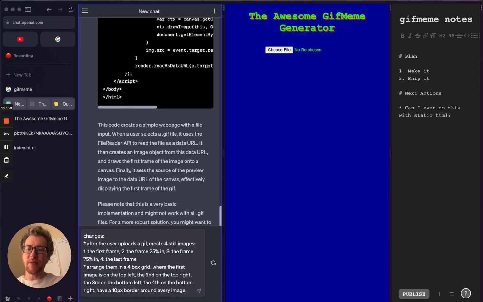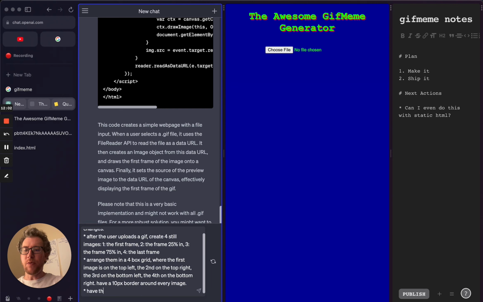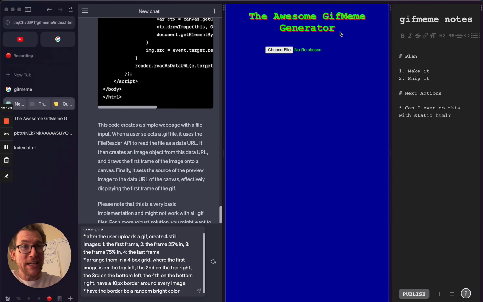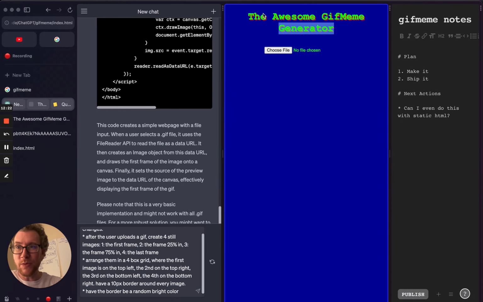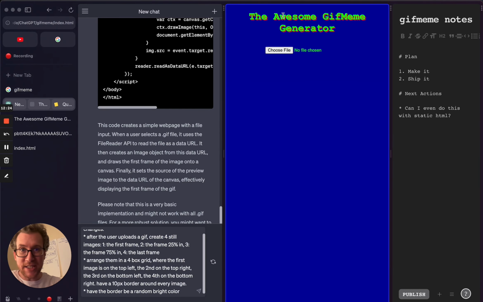So have the border be a random bright color. Yeah? That way it kind of fits this whole GeoCities theme here. I'm on a GeoCities kick. Speaking of, we could make the text that goes over it the same as this, maybe. Might be too much.